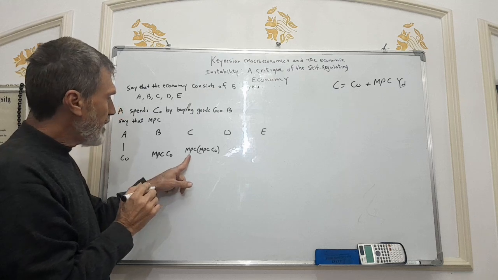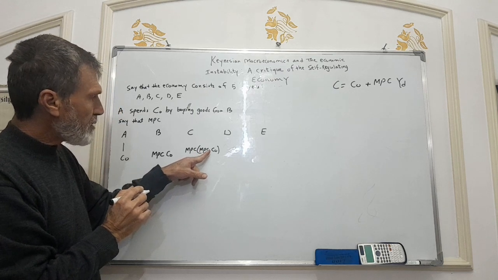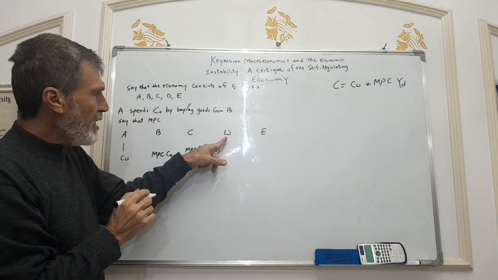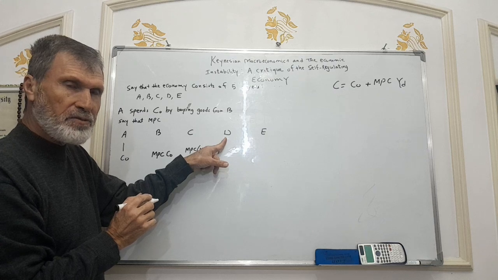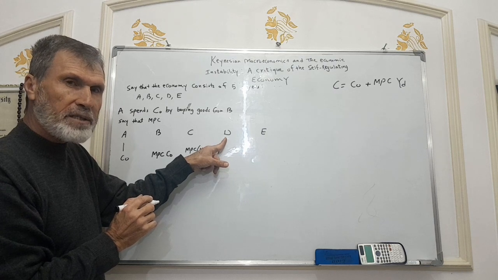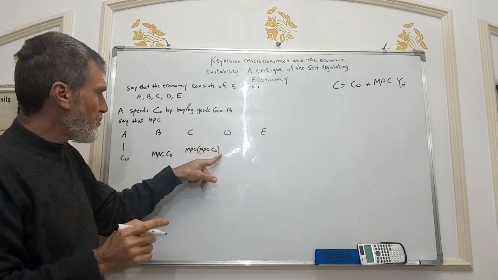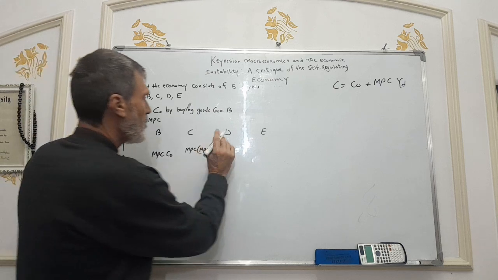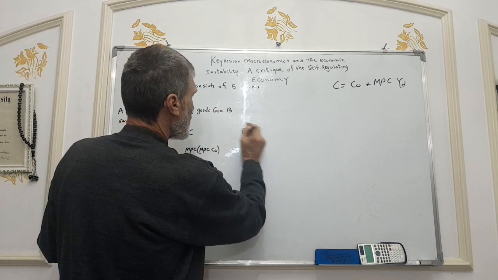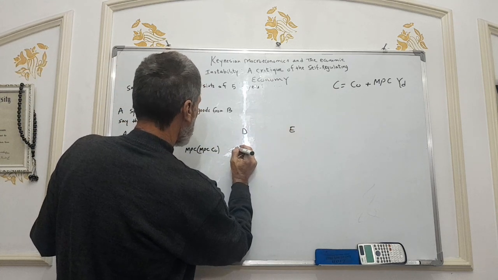Now, this MPC squared times C0 becomes an income in the hands of D. So D will spend what? Of course, a portion of that income. So D here will spend MPC